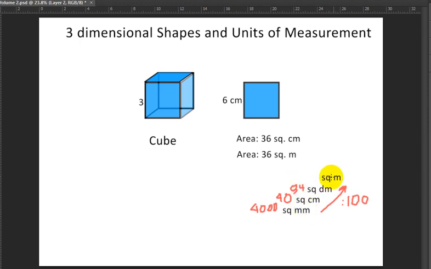And then how many square meters? 4.4 divided by 100 again, so 0.004. And I could make the opposite as well. I could make it go the other way. If I wanted to go down the ladder,